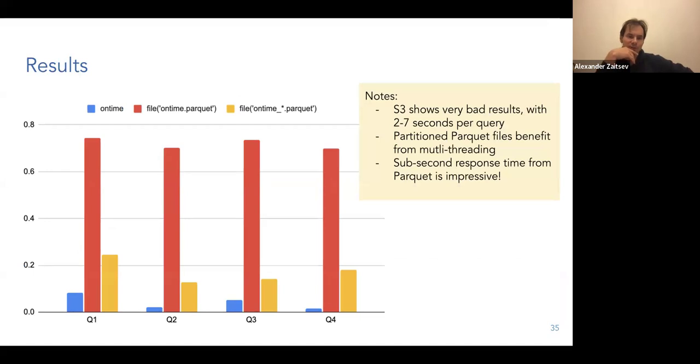First of all, MergeTree, which is the blue bar, is definitely the best. Smaller is better here. It executes consistently below 100 milliseconds, reaching its minimum on the 4th query, which uses the primary key. Its query time is 20 milliseconds. Very, very fast. Parquet showed very different results depending on whether I was using a single file or partitioned files from